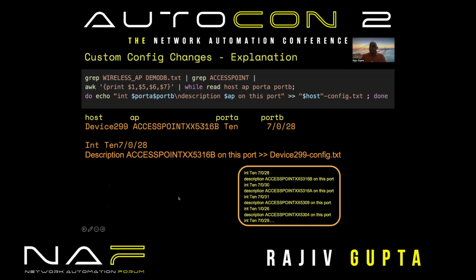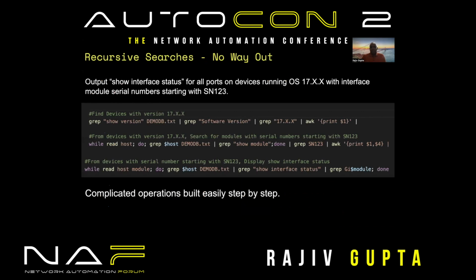So that is a little complicated, but in one line, I was able to search my entire network, find all the APs, and create them as port descriptions. And it's different for every single device. So now